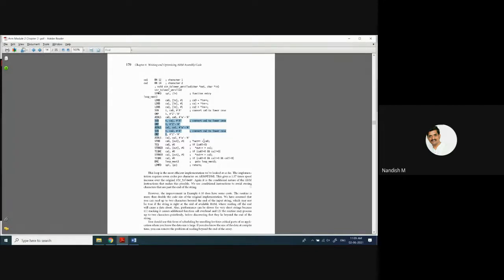And also the problem is, when it goes to the last character, the other 2 instructions will go beyond the array for the last two characters. Means the routine may process up to two characters past the end of the string, which is of no use.